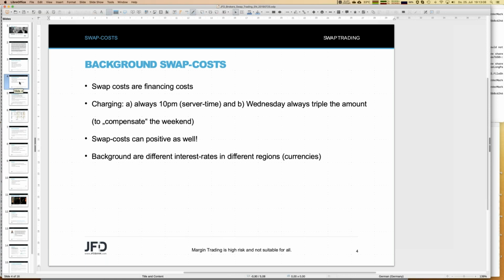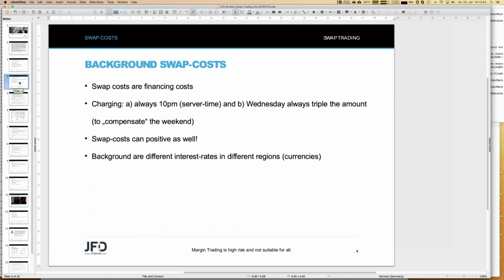That 3 times is compensating the weekend because there is no weekend fee, no Saturday or Sunday fee. And that's the reason why the weekend is charged already on Wednesday. For whatever reason, I have no idea, but at least that's what's being done. So on Wednesday, the idea of that 1 second or 2 second trade around 10 p.m. for some special cases might be already a chance, but that's not the webinar. So I will go for long-lasting trades.